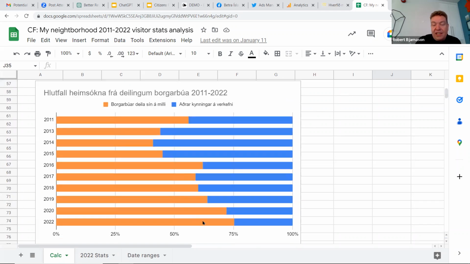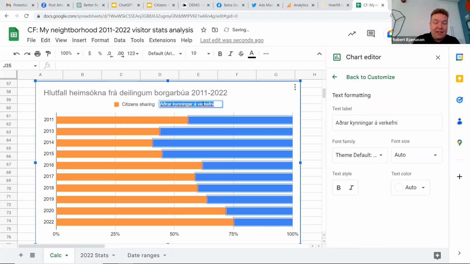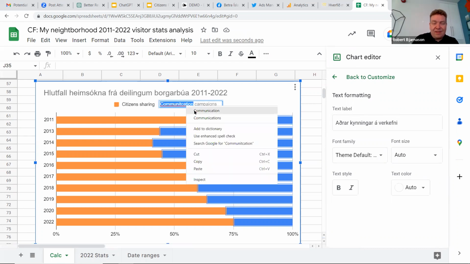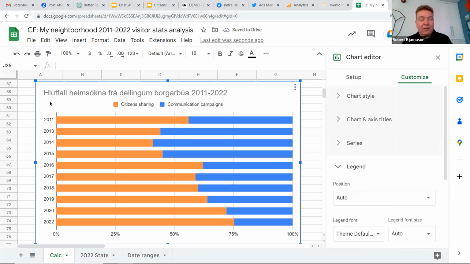And here you can see, I know it's Icelandic, but I was going to have it in English here. Citizen sharing. So this is from 2011 to 2022.